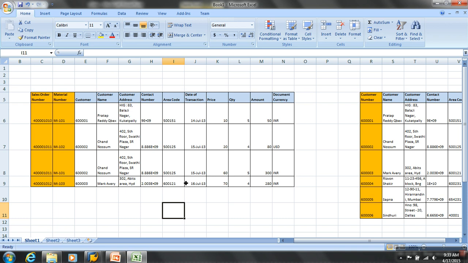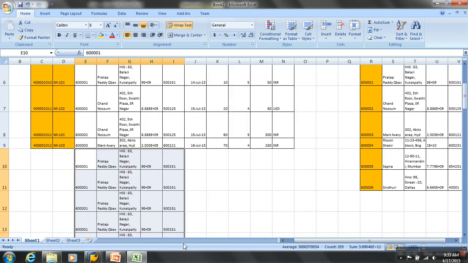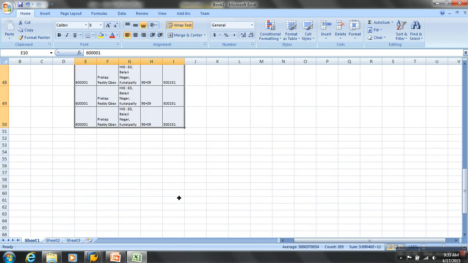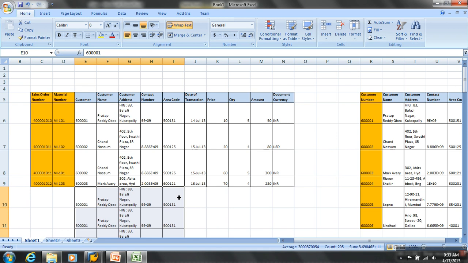Now look at this. Suppose, can one customer perform 1 lakh transactions, 1 lakh sales orders? Let's say this customer is performing 1 lakh transactions. So will I end up storing his customer details 1 lakh times like this? Yes or no?